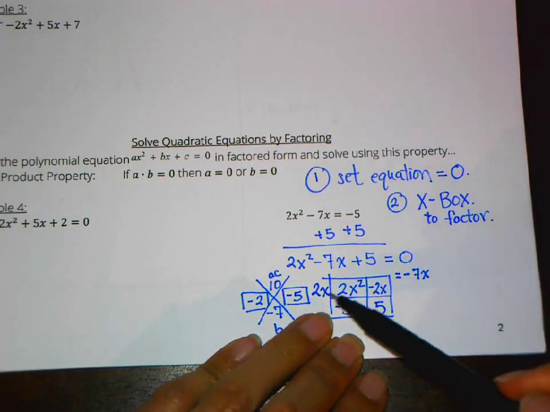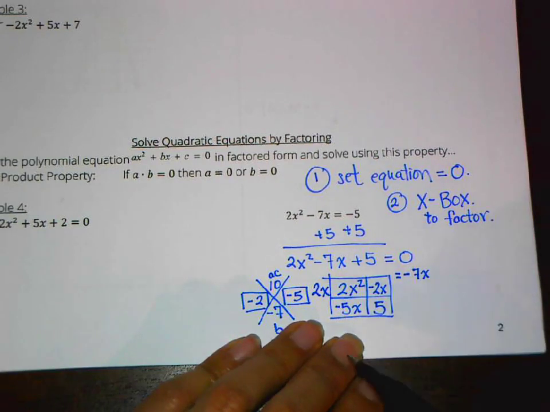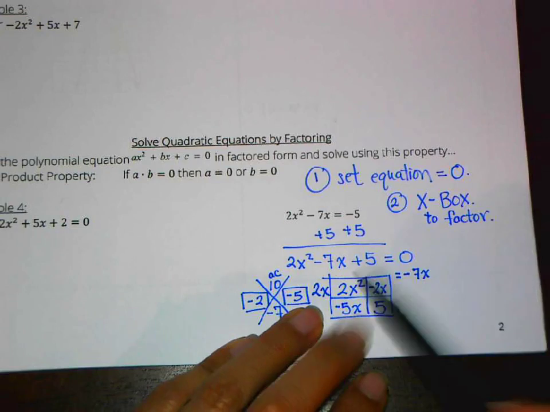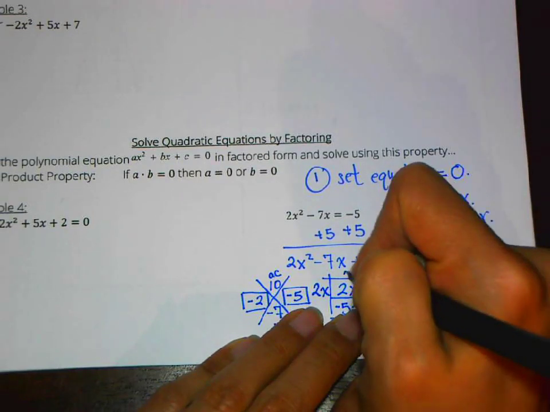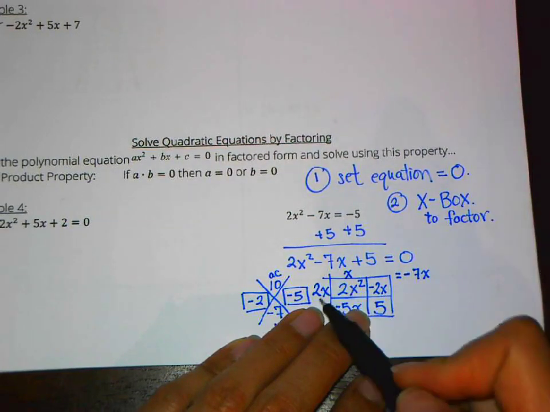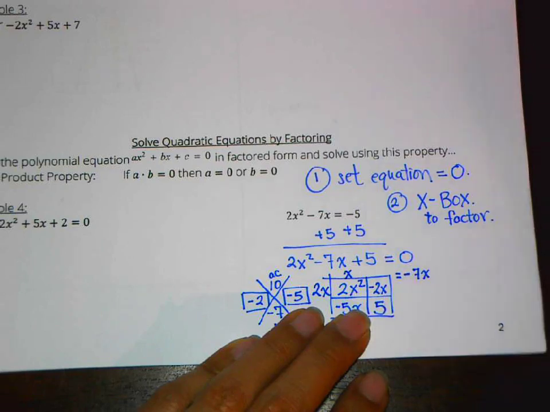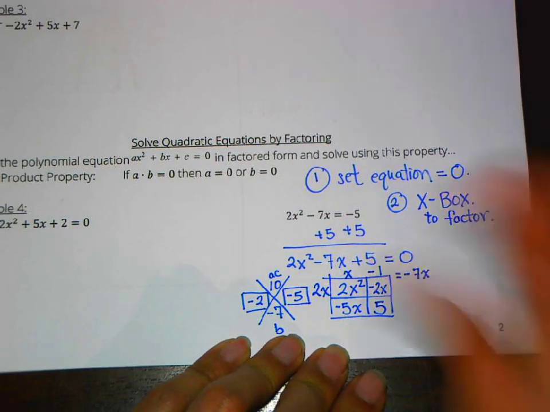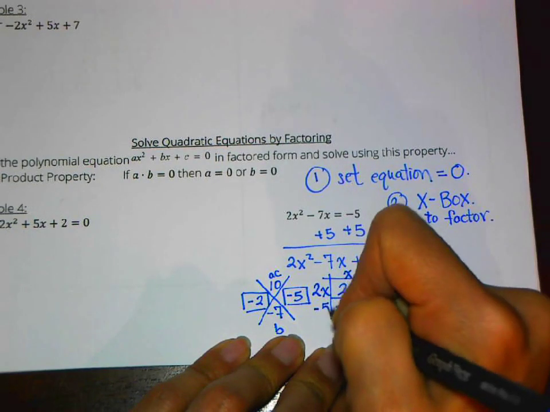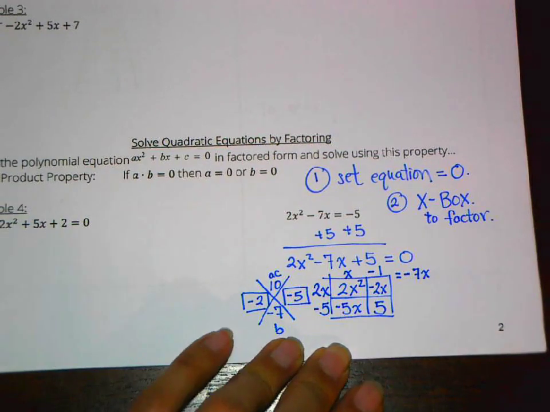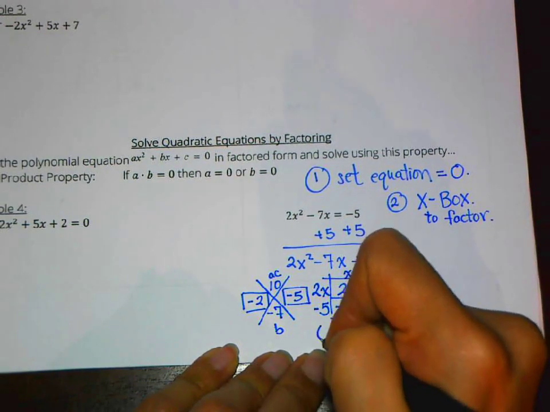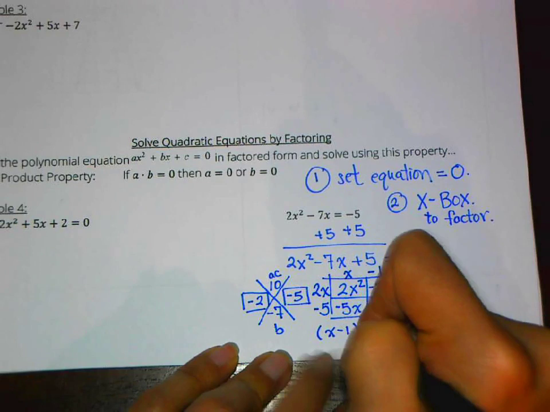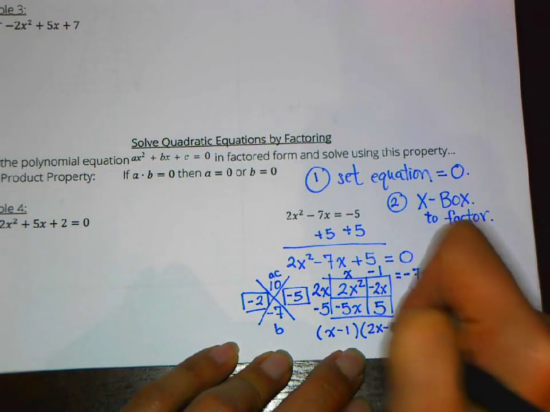Using that, let's multiply to figure out the rest of the factor. 2x times blank equals 2x squared, that's 1x. 2x times blank equals negative 2x, that's negative 1. X times blank equals negative 5x, that's negative 5. So what I end up having is this: x minus 1 times 2x minus 5